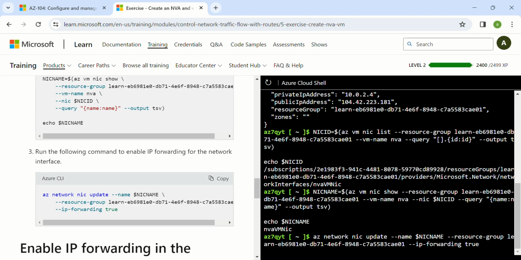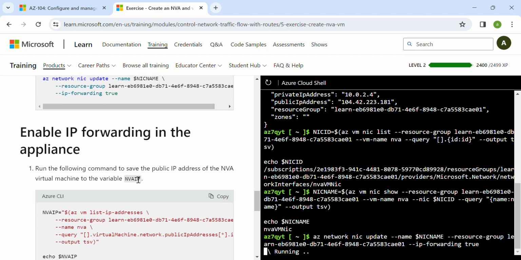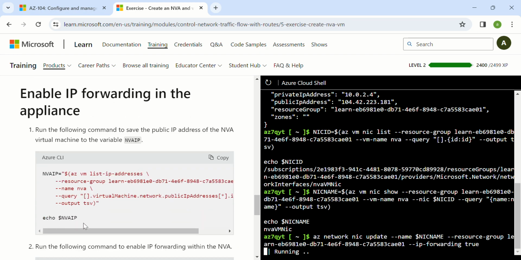We are updating the NIC to IP forwarding, right? Now we'll enable that on